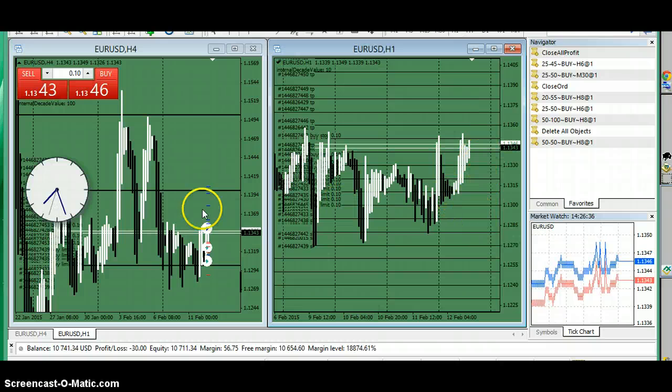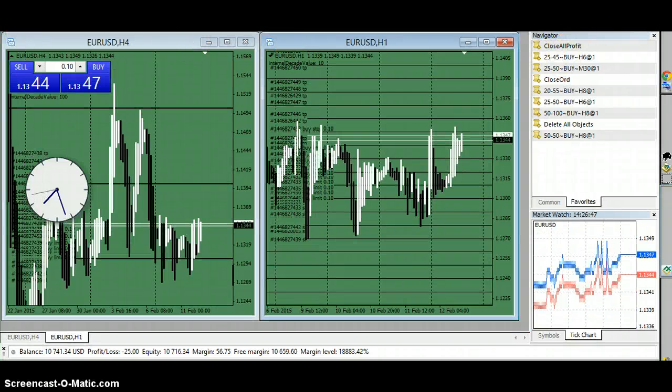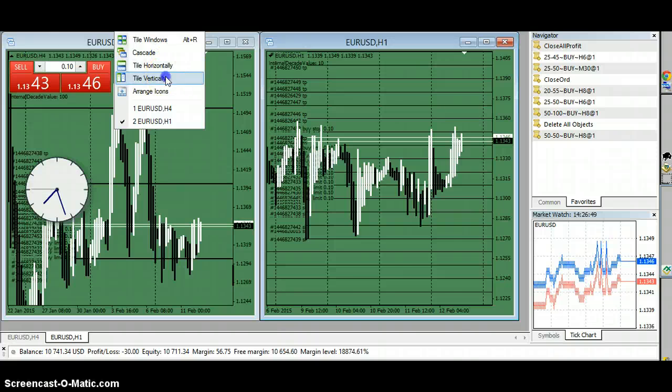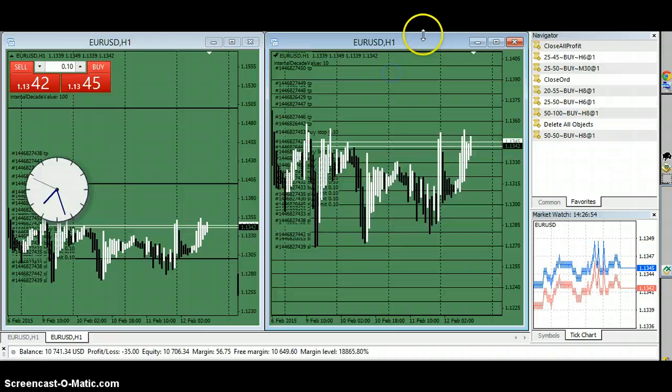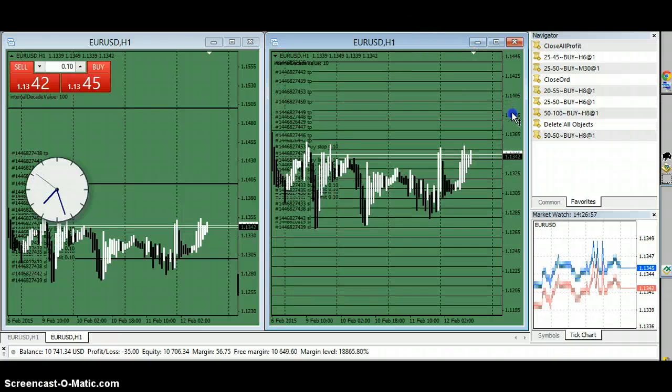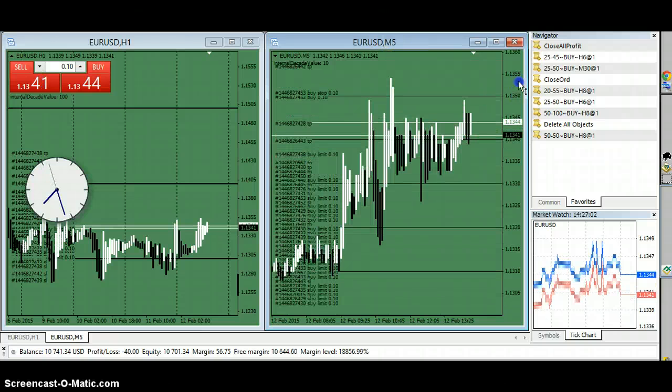This is a 10 pip grid, and this is a 100 pip grid on this side because the time frame is just higher. I typically run this with the smaller. I'll get that justified there. Put this on 1 hour, and put this on 1 hour. For this guy, we'll go to 5 minute on here